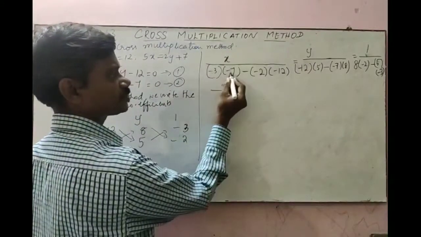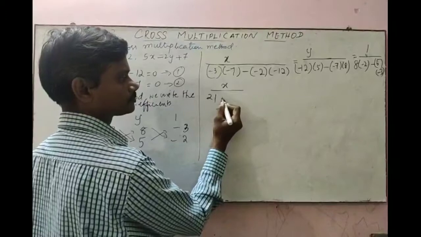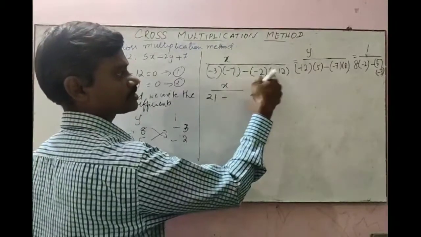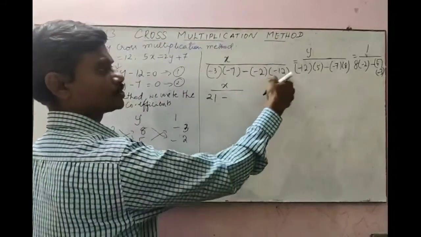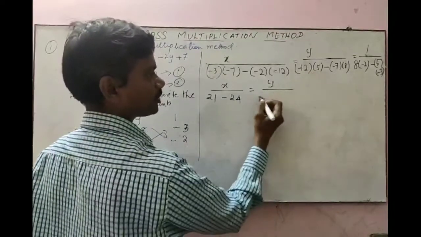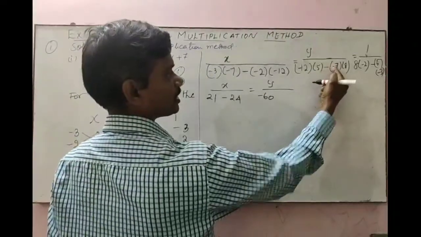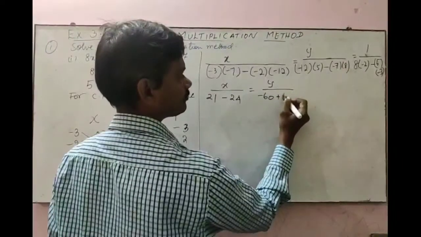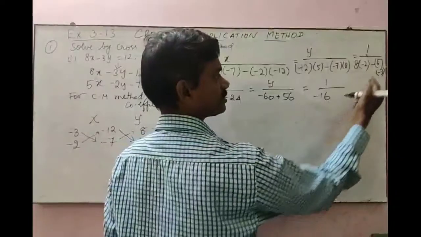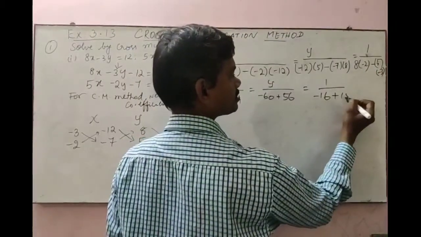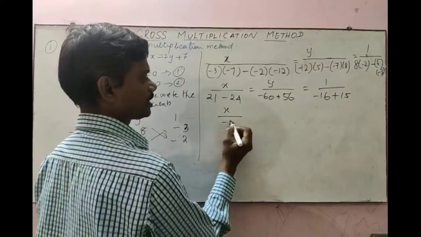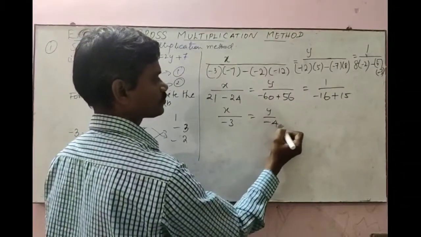x by minus 3 into minus 7 gives 21. Minus into minus is plus, plus into minus again minus. So we have 3 minus, another minus 1. 2 into 12, 24, equal to y by minus 12 into 5, minus 60, minus into minus plus, 7 into 8, 56, equal to 1 by 8 into minus 2 is minus 16. Here minus into minus becomes plus. 5 into 3, 15. Again if you simplify this you will get x by minus 3, y by minus 4,